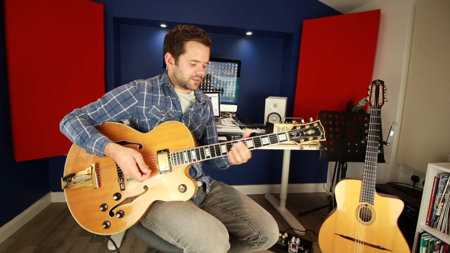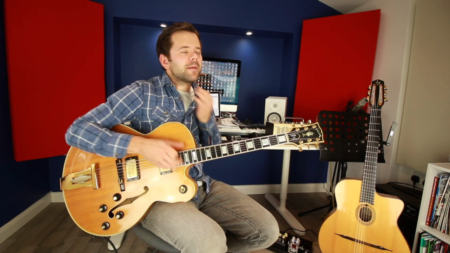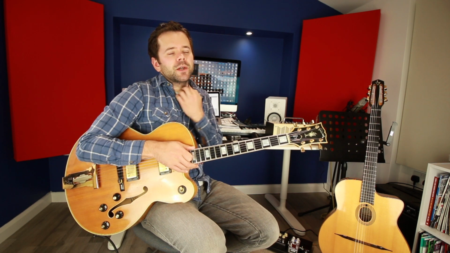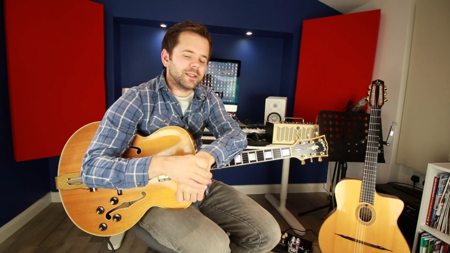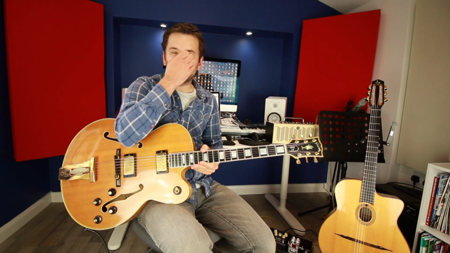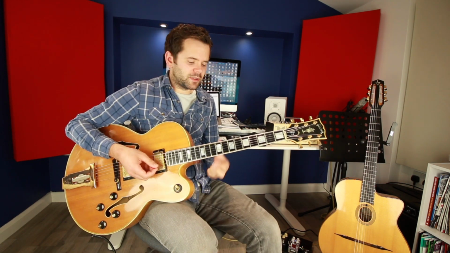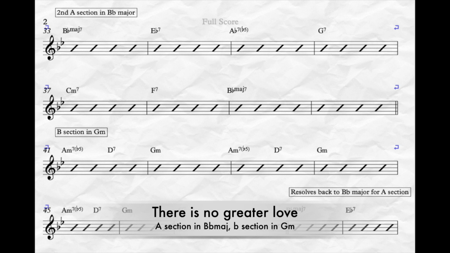Another song that moves to the relative minor is There Is No Greater Love. Now in Georgia and There Will Never Be Another You, it moves to that relative minor just briefly, and it's just a nice movement. In this song, we're going to move to the relative minor for the B section. So we have an A section which is in B flat major, but then we go to the relative minor, which is G minor. So if I play the last bit of the A section and go into the B section, you'll hear this. So we're in B flat major,